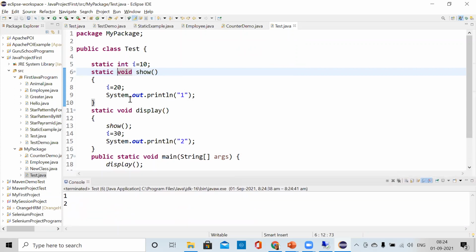See, display is calling, and in display there is the show method also. So first it is calling one and then it is calling the other. This is how we call it.